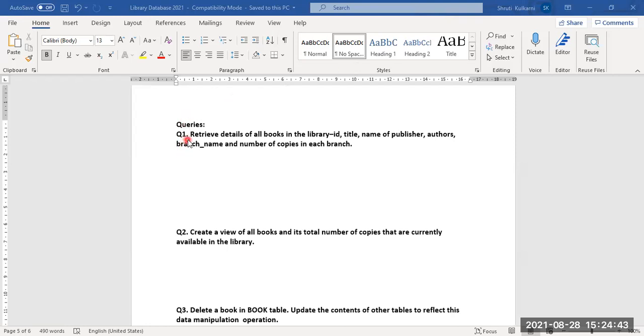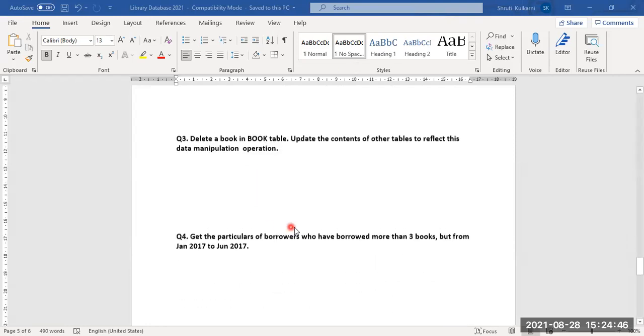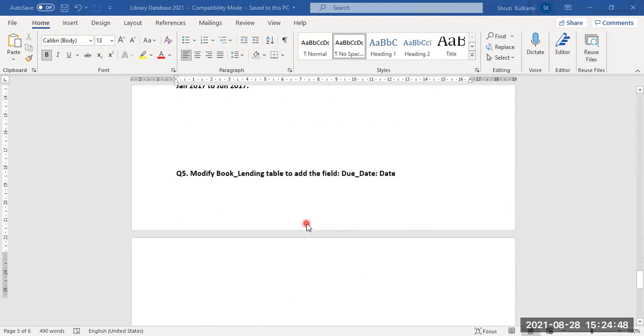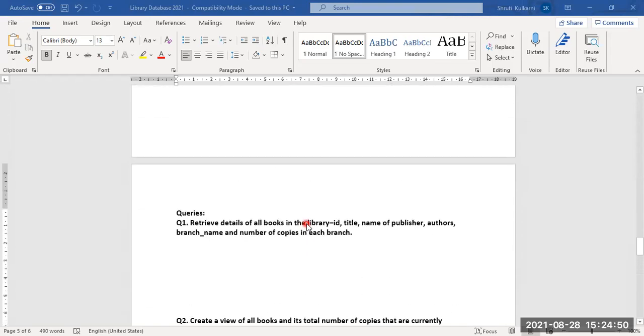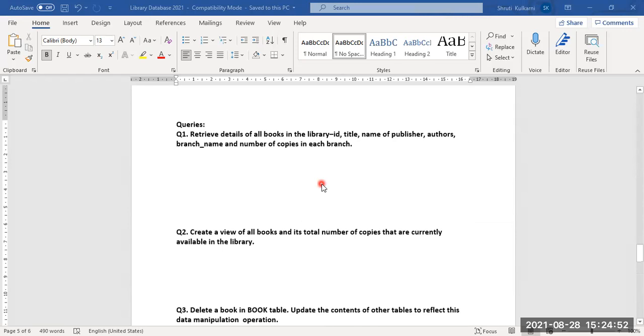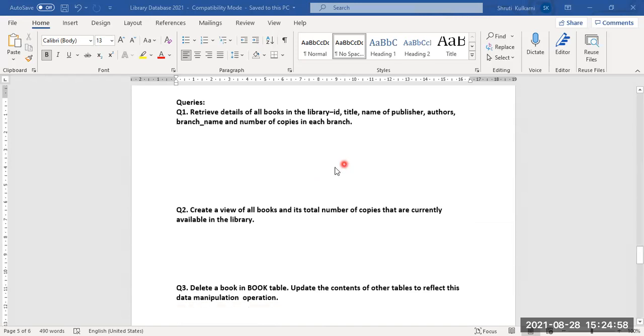Okay. You have a total of 6 queries. I'll be using simple queries which are very easy to execute, without having any complexity for the tables. So first of all, I'll read what the queries are.